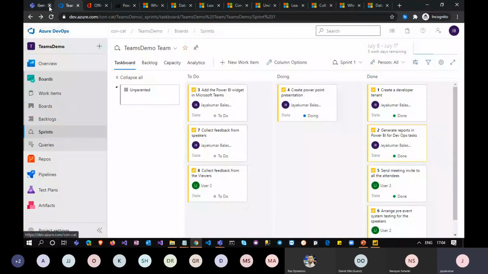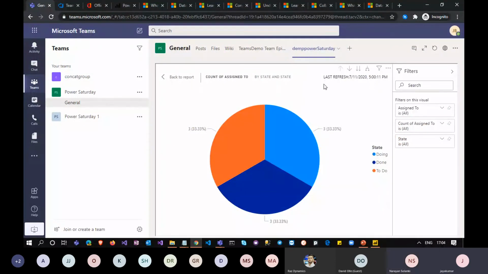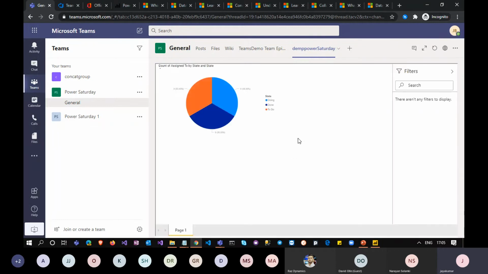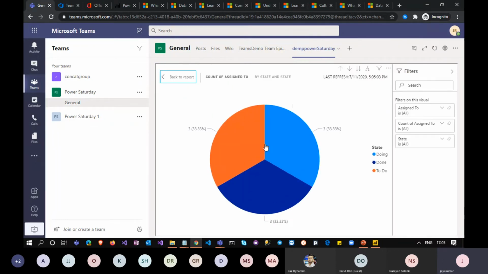Let's save and close. Now the data refresh, which I mentioned: even if you refresh your data here, it won't be affected, because we have scheduled it to refresh at 5:30. But the time is only 5:05. Still, if you want to keep this dashboard updated, you don't need to wait for that scheduled refresh to happen.